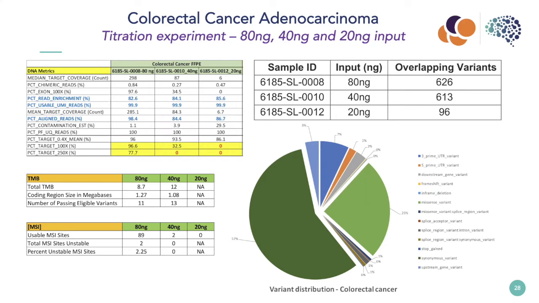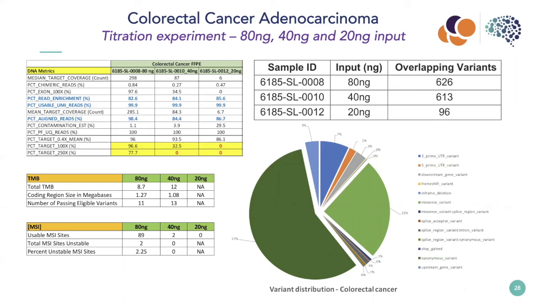The same sample with 40 nanograms of input, 613 of the 626 variants were detected. And then finally, with 20 nanogram input, only 96 out of the 626 variants were detected. So again, similar to what was observed in the earlier work, and also indicated on